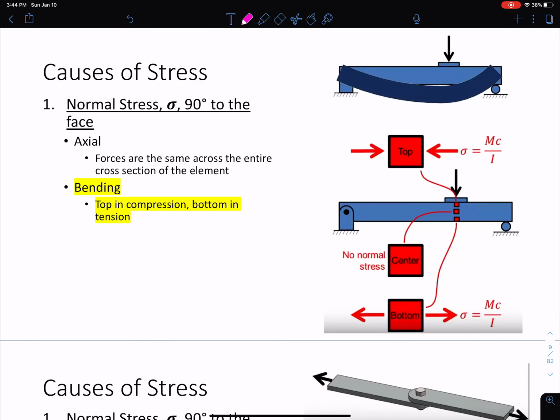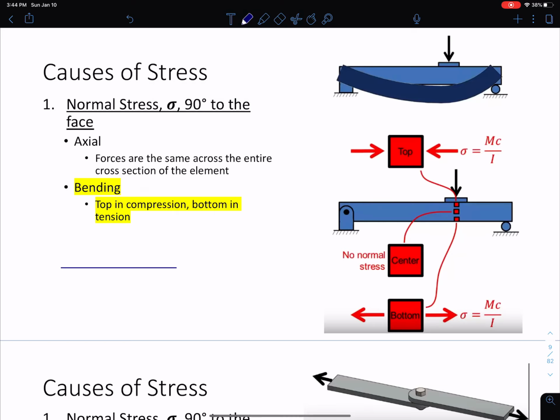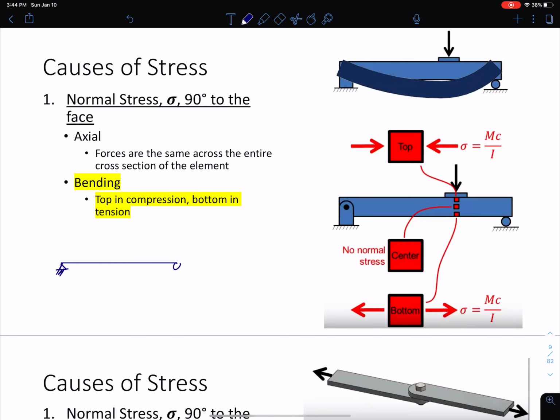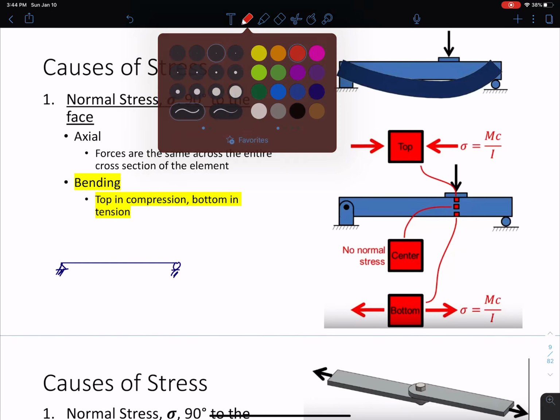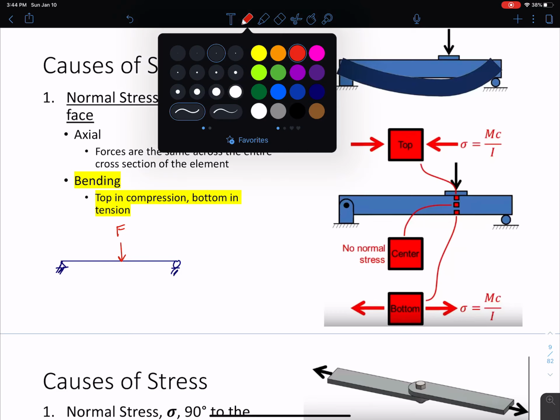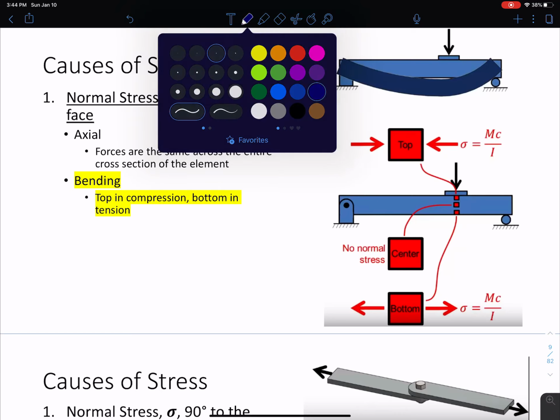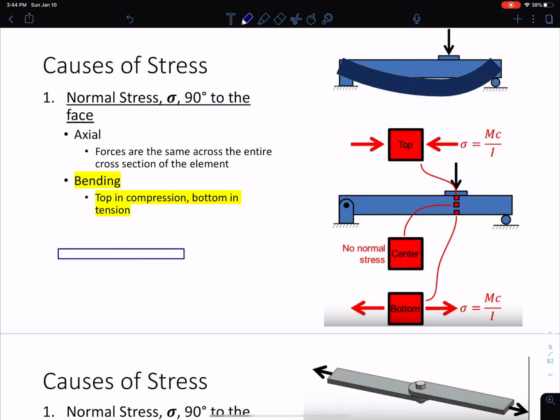Okay, the next type of normal stress that we can have is due to bending. So I want you guys to think about this for a second. So if I have my beam, right, and let's say I have some simple supports, and typically my beam is loaded perpendicular to my cross section like this, some force. Actually, I should draw this as a full square or rectangle so you guys can see when I talk about tension and compression. And again, it's loaded,